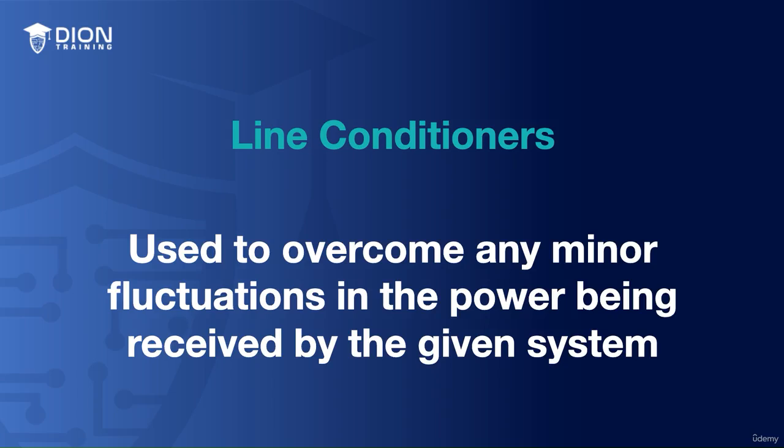A line conditioner is used to overcome any minor fluctuations in the power being received by the given system. A line conditioner is going to be used to continue powering your systems with clean power, even in the face of a surge, a sag, or even a more pronounced undervoltage event. Without a line conditioner, these types of power conditions could cause unexpected system behavior or the degradation of your hardware